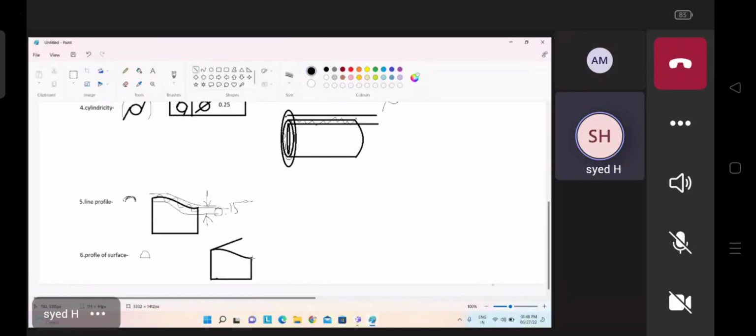Definitely we will get some 3D shape, like a complete face mechanism. Okay, here you will get the complete surface. Like this. Okay, so to control these kinds of surfaces, we are using this profile of surface, and here we have to